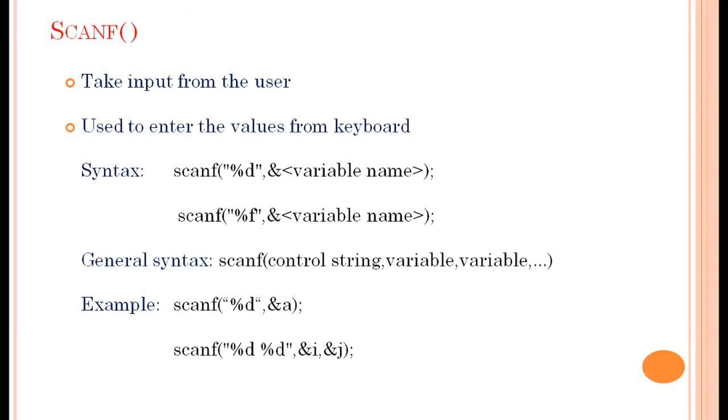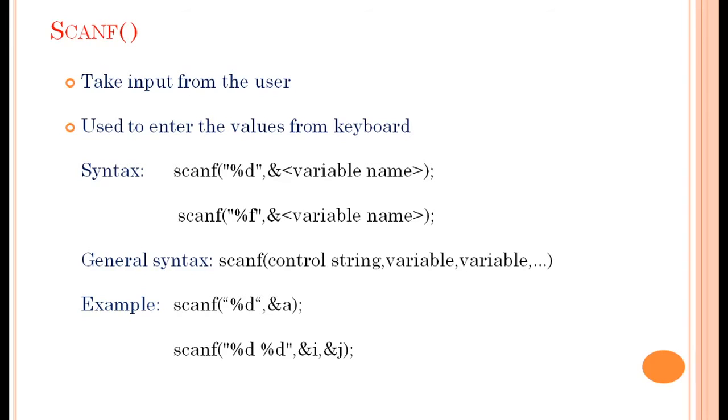In C programming, scanf is one of the commonly used functions to take input from the user. The scanf function reads formatted input from the standard input, such as the keyboard. So here in the example we have used the %d format specifier inside the scanf function to take integer input from the user.